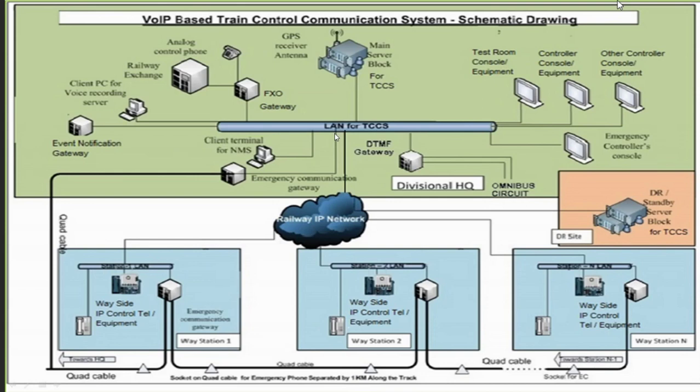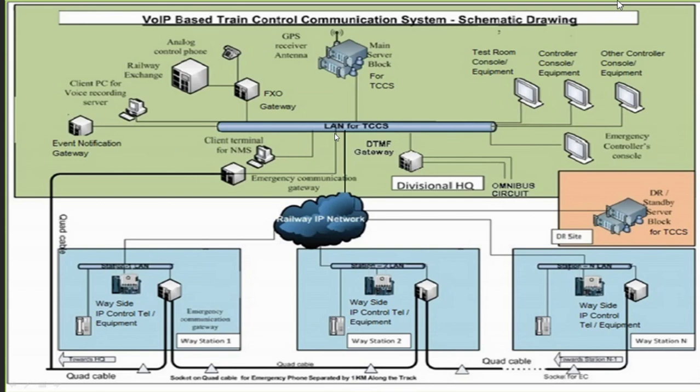When coming to way station, you have two different locations: one is OFC hut equipment and another is ASM room equipment. At the OFC hut, you will have a 2-port router for 2 directions and one LAN extender to extend the circuit to your station. If the distance between your OFC and the station master's room is very limited and can be carried through a single CAT cable, then there is no need of a LAN extender. Otherwise, if the distance is beyond the capacity of your CAT cable, then you need one LAN extender between the OFC hut and the ASM room. So the OFC hut will have a router and one LAN extender other than your OFC equipment.